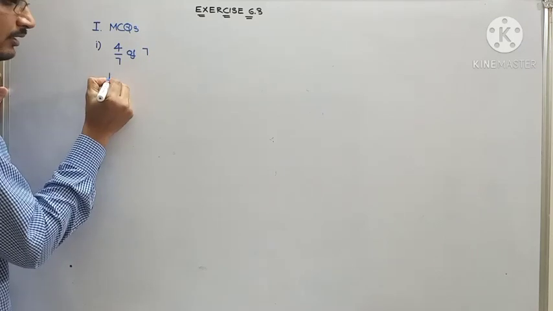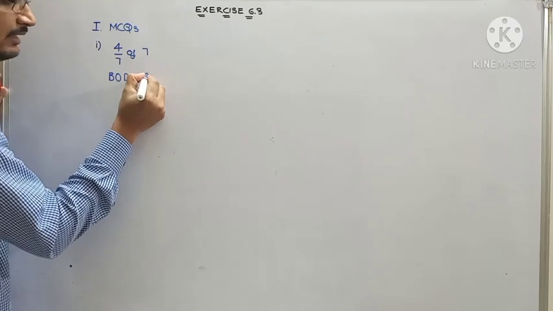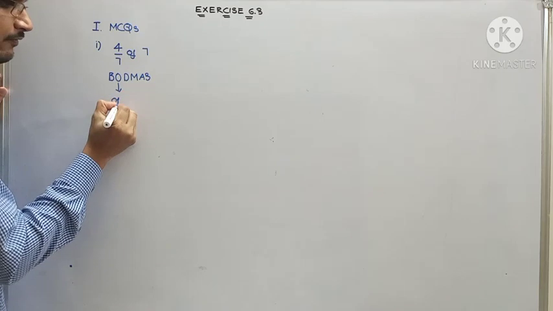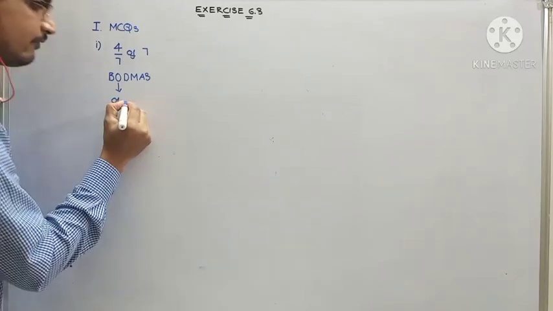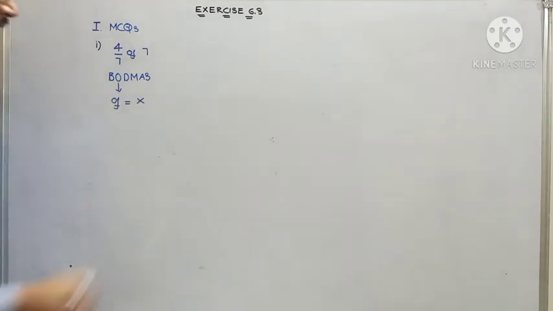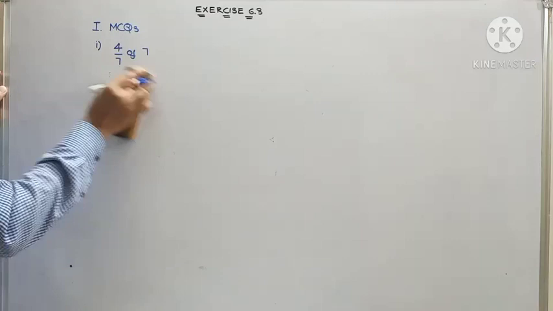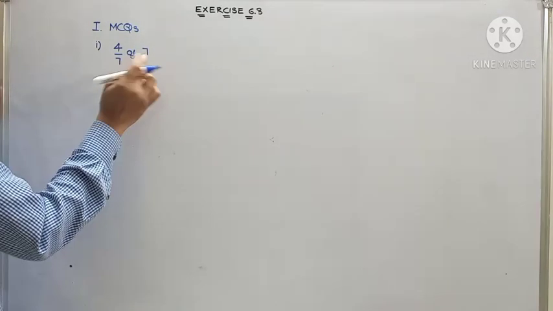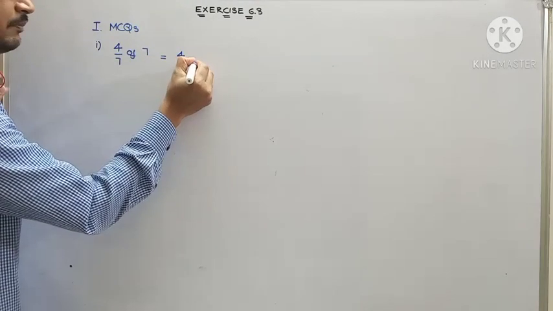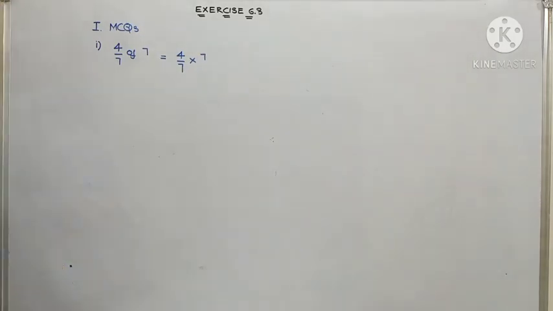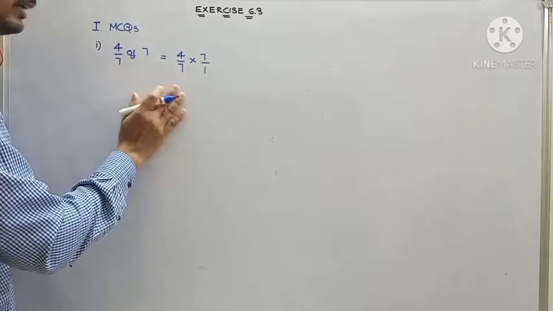During our 8th chapter explanation, I explained to you the rule of BODMAS where that O indicates of. If you remember, in the BODMAS rule, the letter O indicates of, which is indirectly pointing to multiplication. We are going to use the same here, where 4 by 7 of 7 means 4 by 7 multiplied by 7. As you know, when there is no denominator, we'll take it as 1. If you write by 1 or not, it's not a problem.